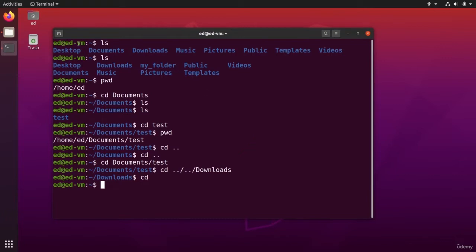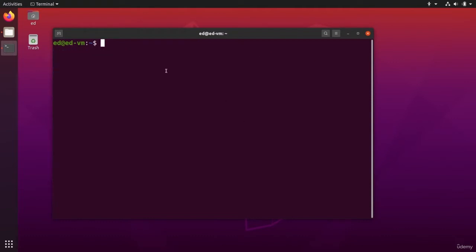So first of all, when you are in the terminal, and if you just want to get rid of everything and get a fresh view of the terminal, you can use the command clear, like this. Clear, enter, and you just empty everything that was on the terminal. So that's very useful when you want to have a clear interface.